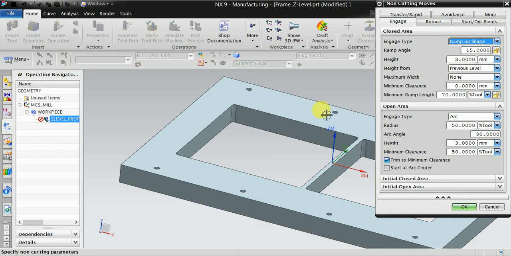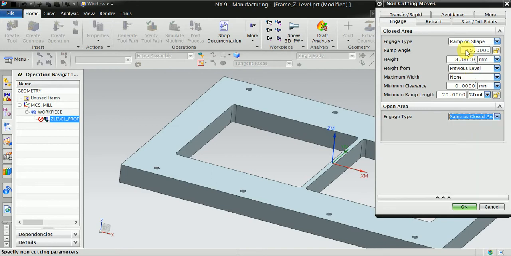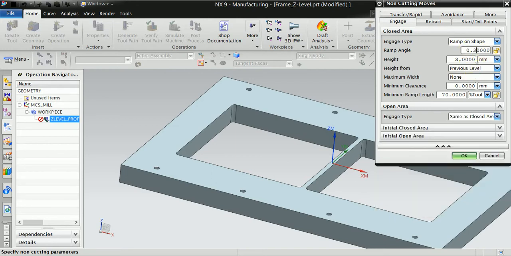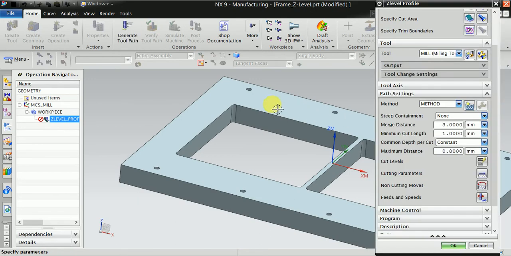Because this material is all solid, a gap is not given in solid material. Now provide 0.3 ramp angle and 0.5 mm height. Cutter enters from 0.3 angle and 0.5 mm height from this top face.